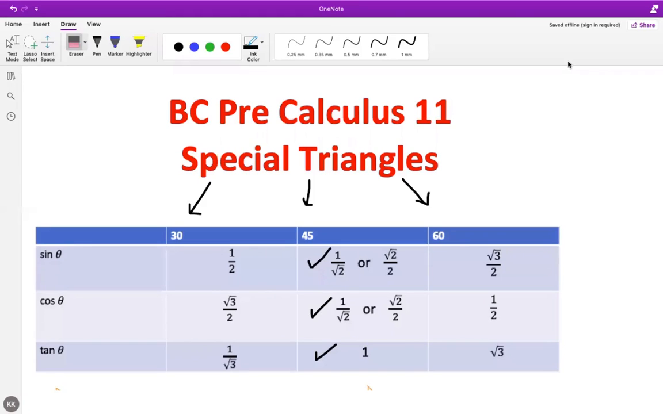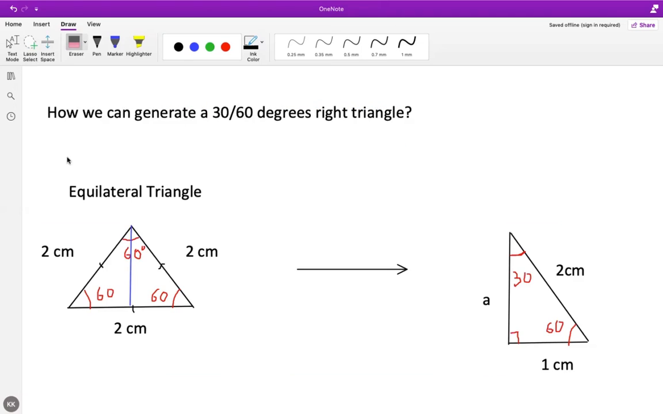Okay, so from the last video, we have already proved sine 45, cosine 45, and tangent 45 degrees. For this video, I'm going to prove the 30 degrees and also the 60 degrees and how these values are coming from. In order to generate a 30 degrees or 60 degrees right triangle, the idea is coming